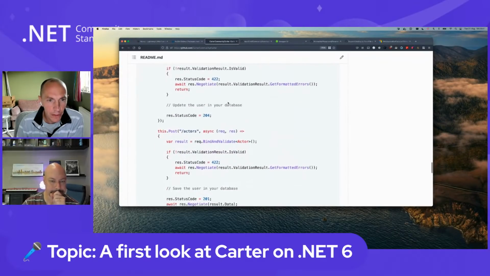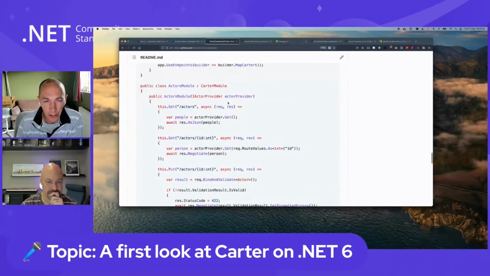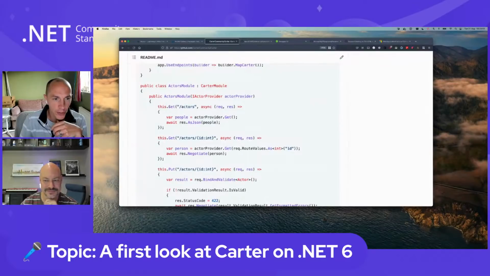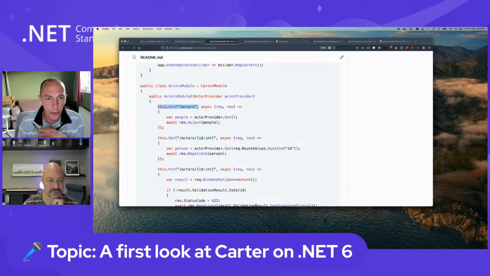And it worked very much like an MVC controller. And actually, what Carter did was it kept Nancy's design and its routing. This routing actually called out to the ASP.NET Core endpoint routing underneath. Okay. So we weren't really reinventing routing as such. We were just making it look pretty, shall we say.